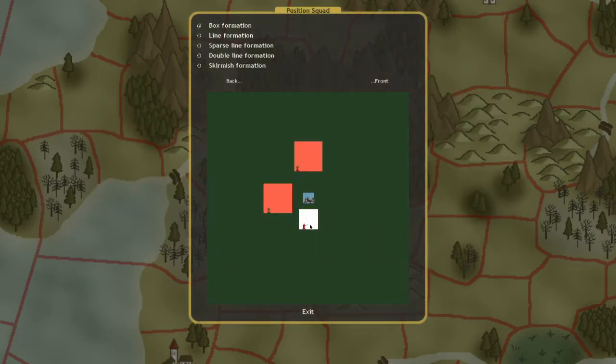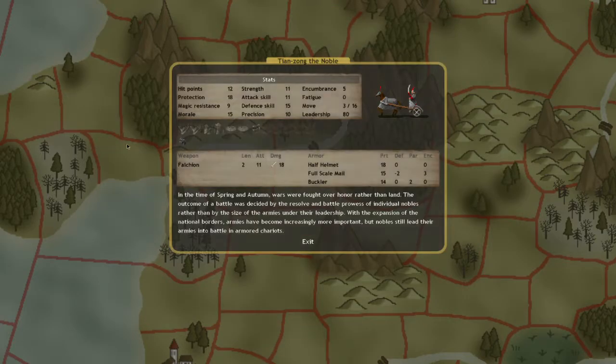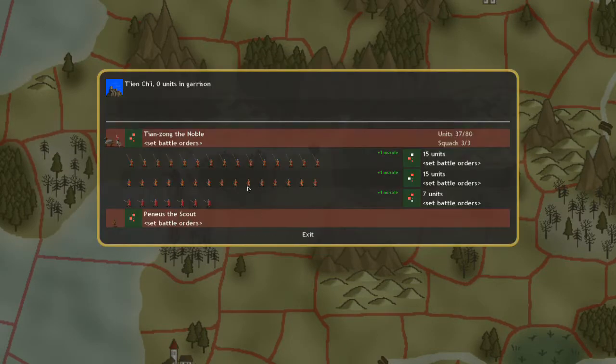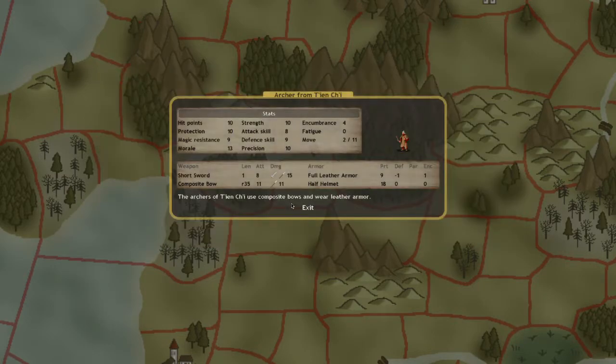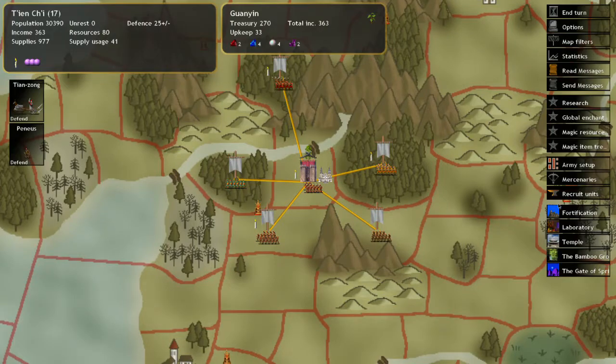What am I trying to say? Our commanders are fairly decent in the fact that they have a squad size of 3, and pretty decent on the leadership as well, because they are giving a 1 bonus. Our morale is fairly decent on these guys too. It's a 13. I didn't realize...